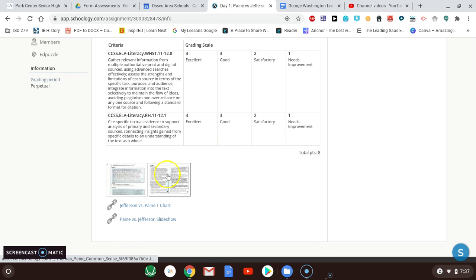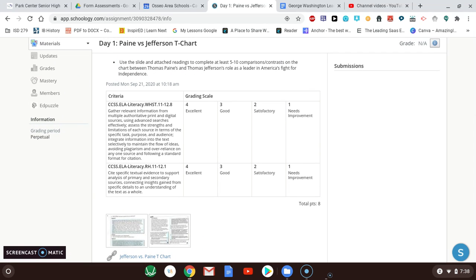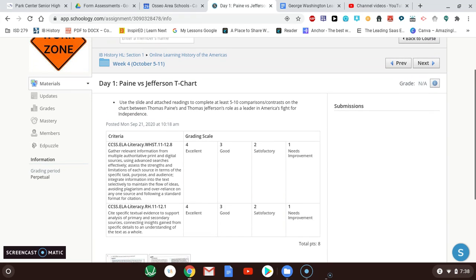So I provided a couple little readings here, one for each of these leaders. There's a chart that you can use to fill out and turn in, or you can make your own. And then I also have a little slideshow that goes into some of the background of each of their leadership. This is pretty much just a preview, a way to get an understanding of where specifically these leaders come from and what their ideas are doing, and why you think that they provided the leadership that they did and where those ideas took them.